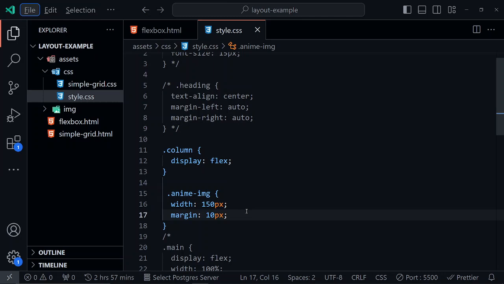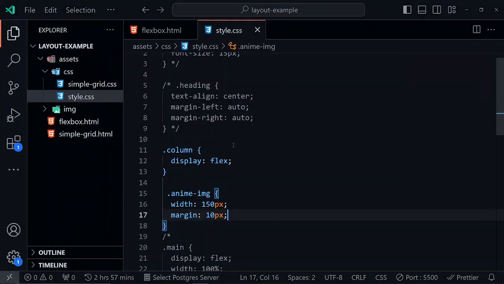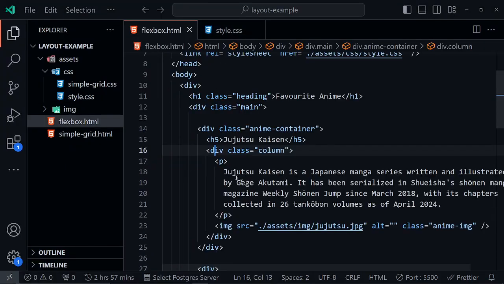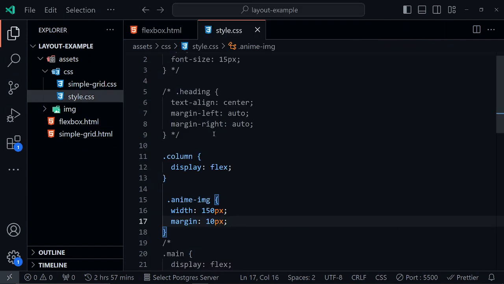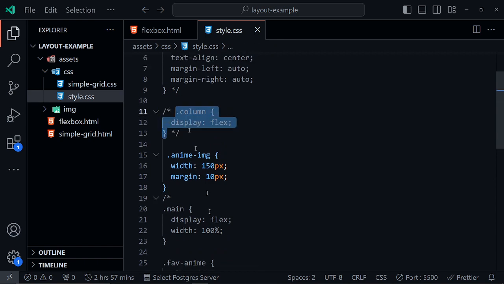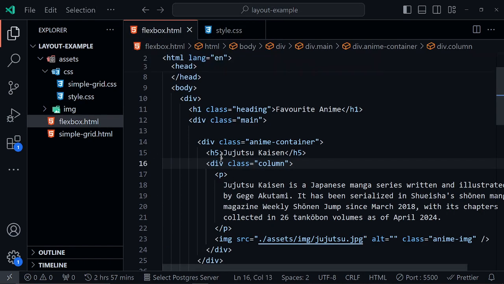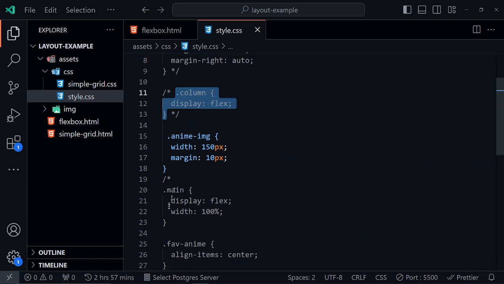So now, for example, let's see, wait, it's still not flexing. Oh, okay, no. I'm actually okay, sorry about that, guys. It's main actually, because main is the div that's containing the 3 animes, right? So we're not yet there on the column, so we have to,